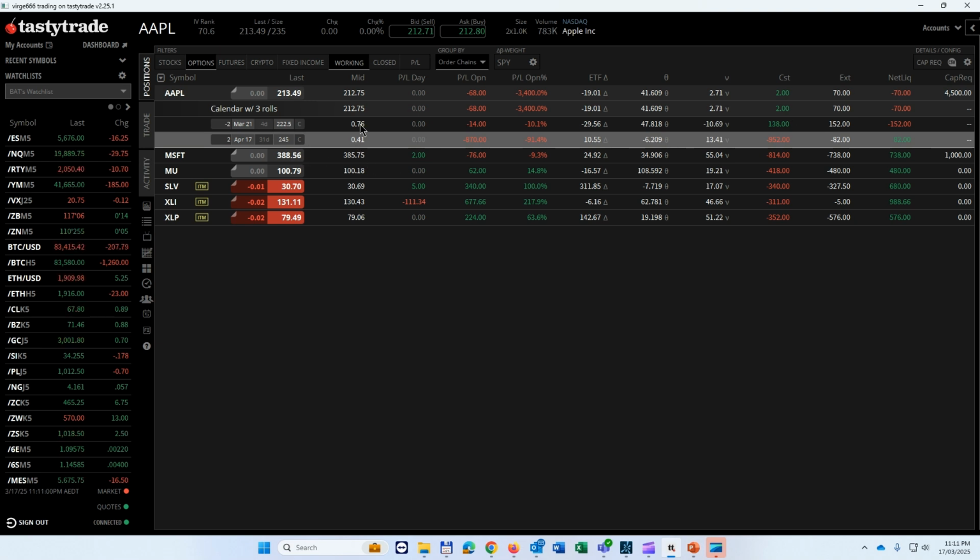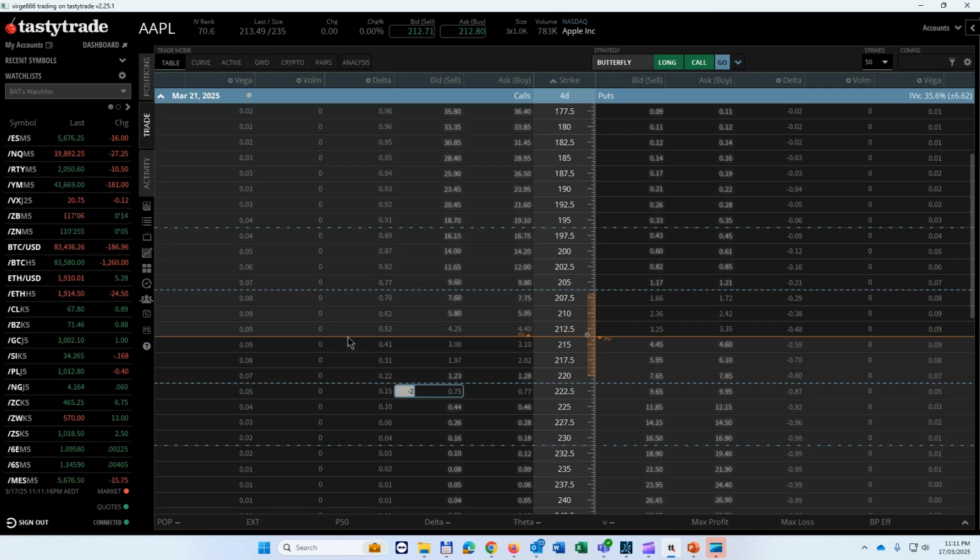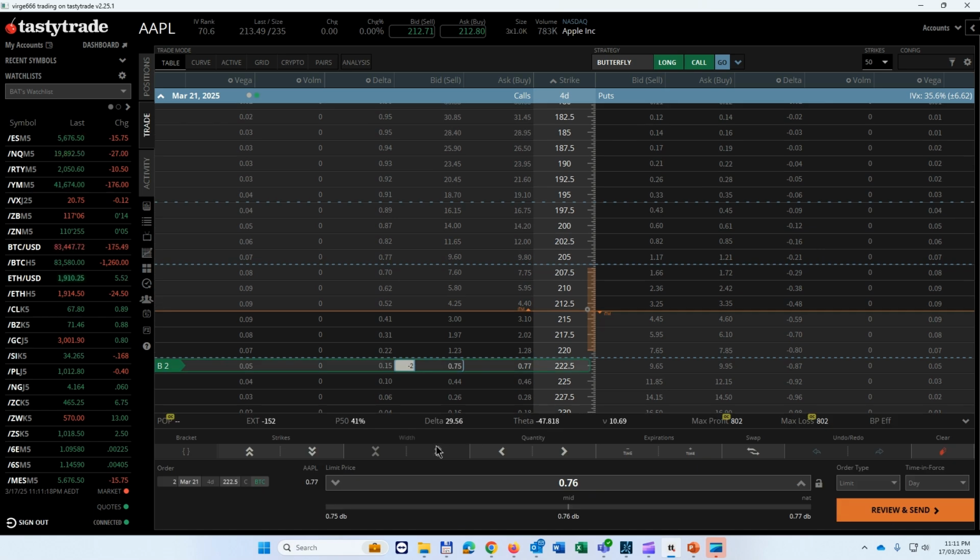But this one's worth 21 cents. This one's worth 76 cents. They both even out. The cash requirement's just because of the difference between the two strikes, you've got to be covered. Now, we're going to continue to do this. So 4 days, March 21. We're going to buy this back for 77 cents today, I think, because Apple's down again.